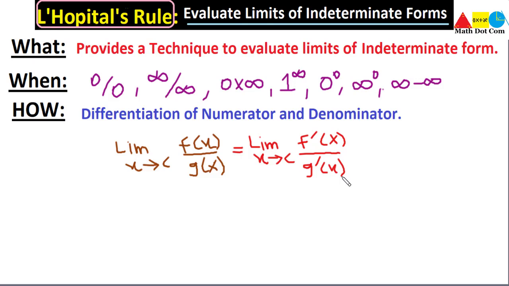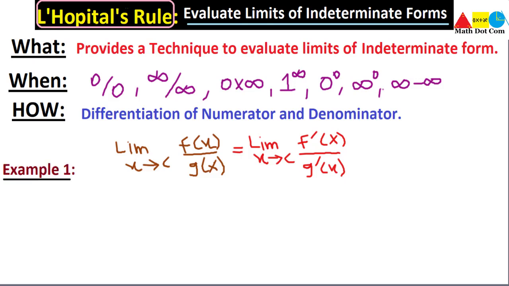This differentiation basically helps in simplifying the function and converts the limit into a form that can be evaluated directly. So you will not get the indeterminate forms. So let's apply an example. You will have a much better idea about it after solving some examples.